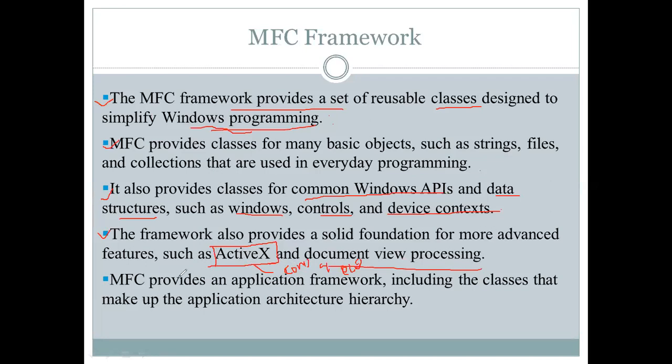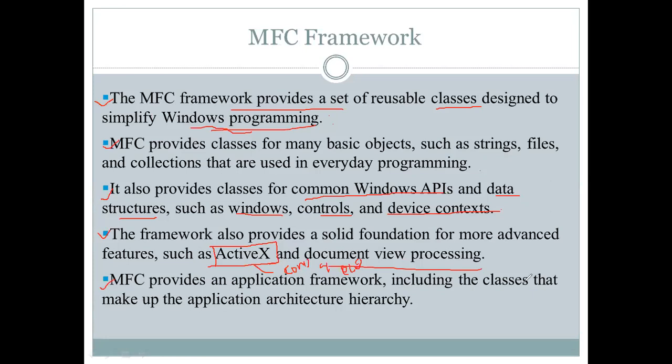Then the last one: MFC provides an application framework, including the classes that make up the application architecture hierarchy. Here we can inherit the different classes.